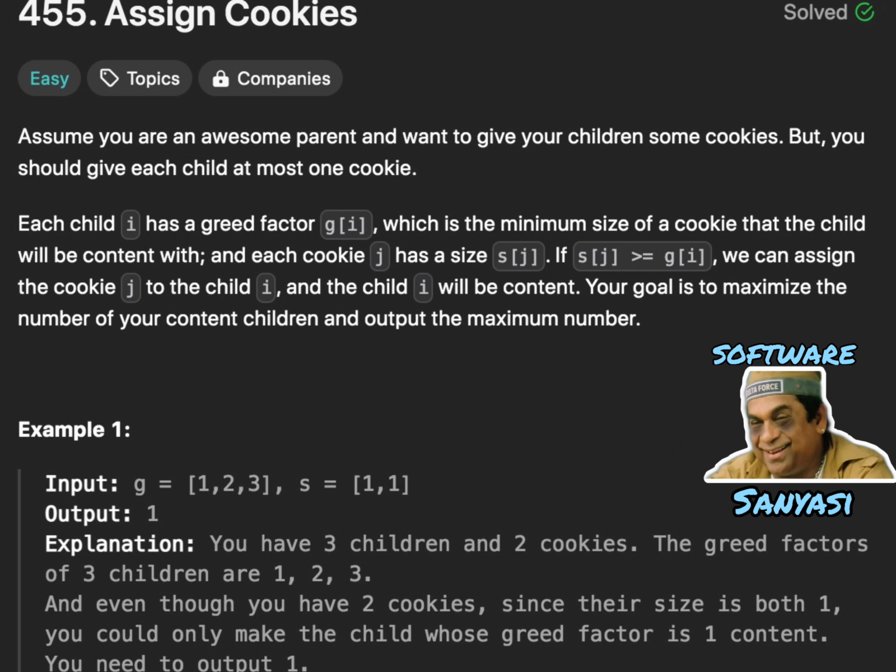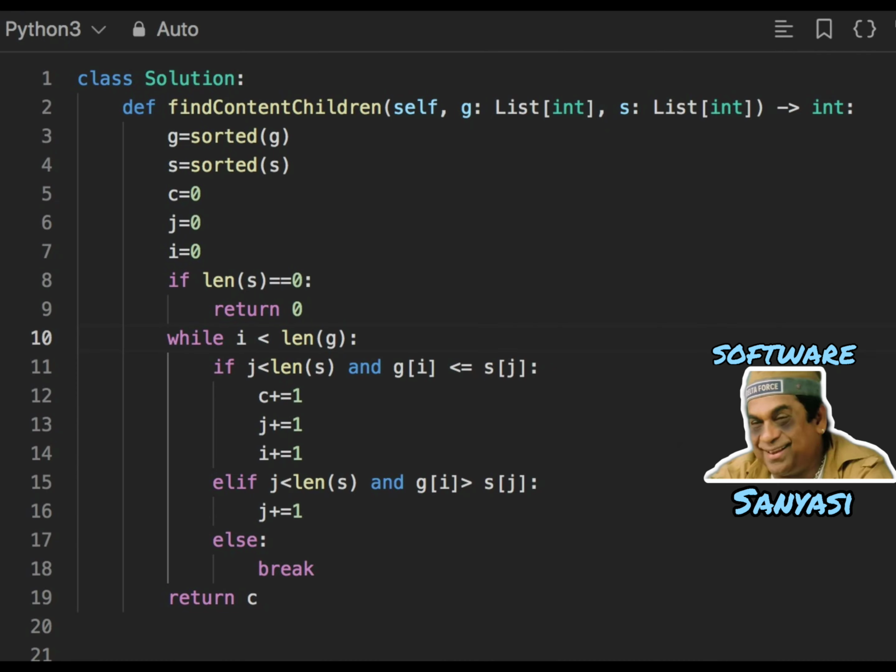The first step in our solution approach is sorting. This involves rearranging both the greed factors array, which we'll call G, and the cookie sizes array, or S, into ascending order. But why do we need to sort these arrays? Good question. Sorting ensures that we allocate cookies to children in an efficient manner. By satisfying the children with the smallest greed factors first, we ensure that we get the most use out of